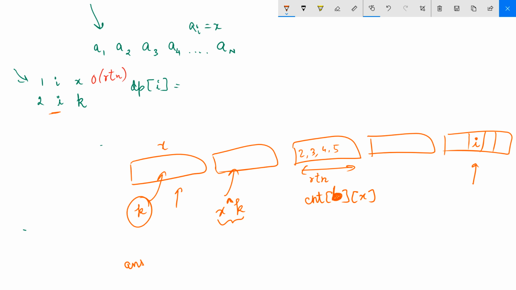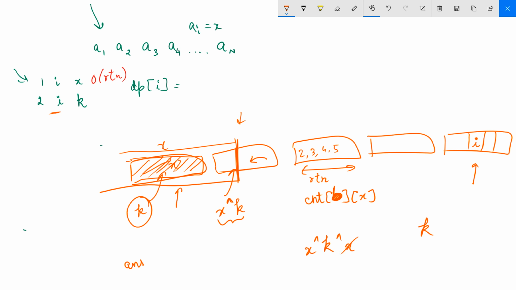Now we will count all those prefixes that are going to end in this bucket. So for that, this bucket is already included, and the XOR of all elements in this bucket is X. What we need is to count those prefixes that are ending in this bucket and whose XOR value is K. But we already know that this bucket has an XOR value of X. So we need to count the prefixes of this bucket which have the value X XOR K, so that when this X is combined, X XOR X is 0 and 0 XOR K is K. So we get K as the final XOR value.